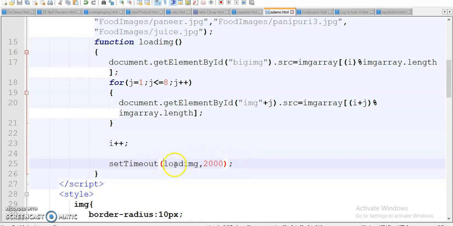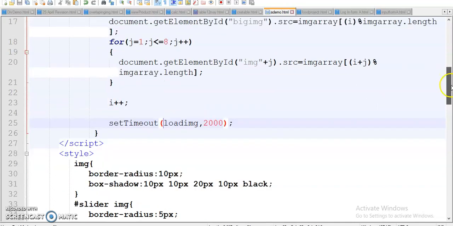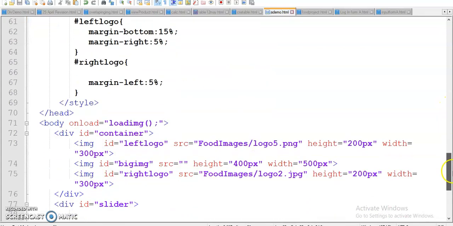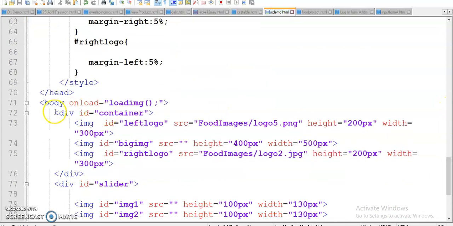I am calling this same function loadImage after every 2 seconds, and for this I am using the setTimeout JavaScript function. So this is the hint for you.